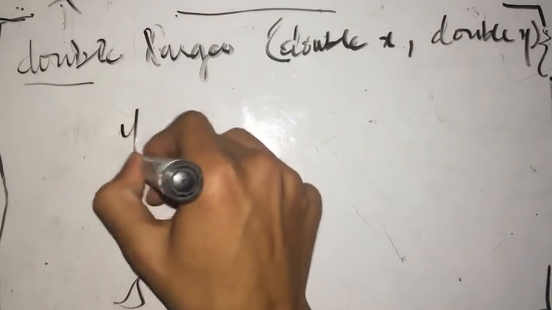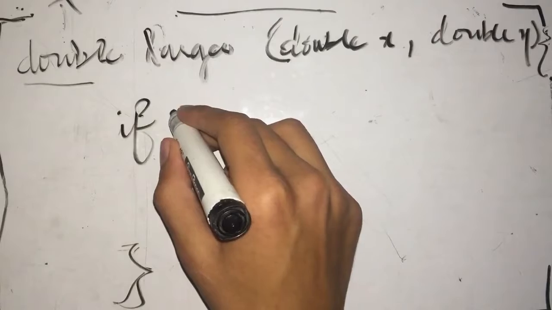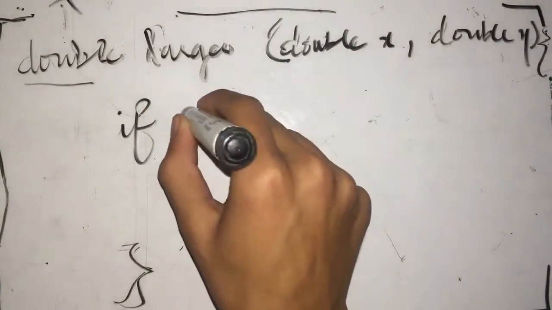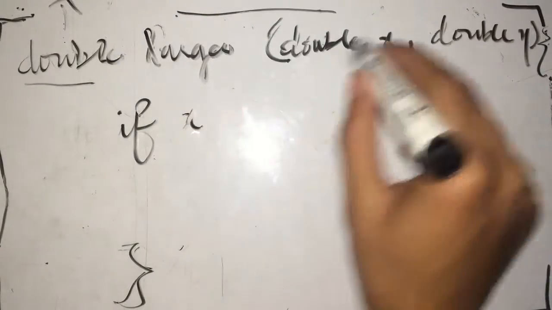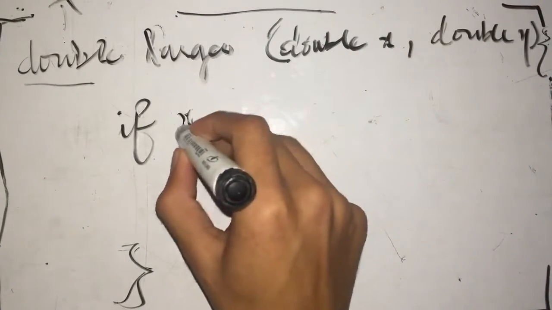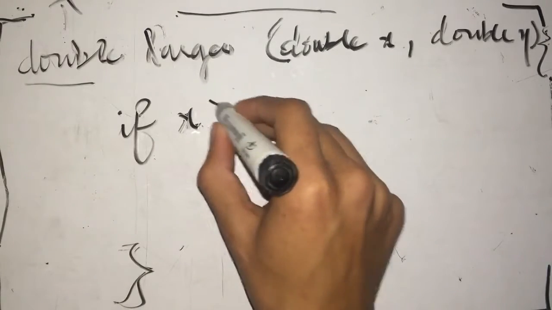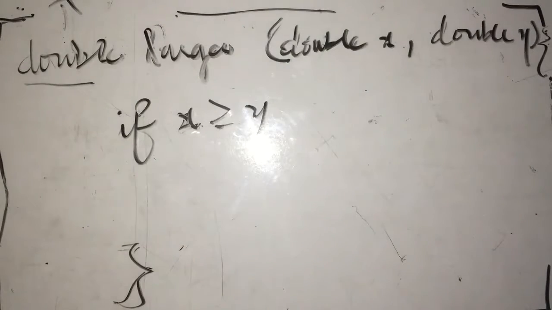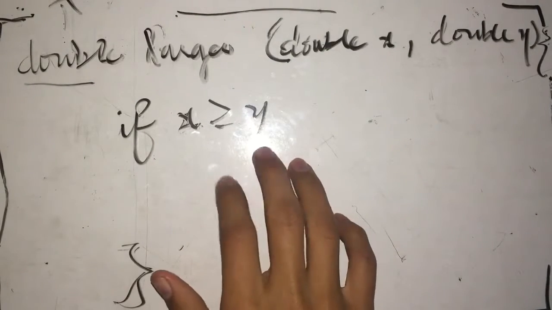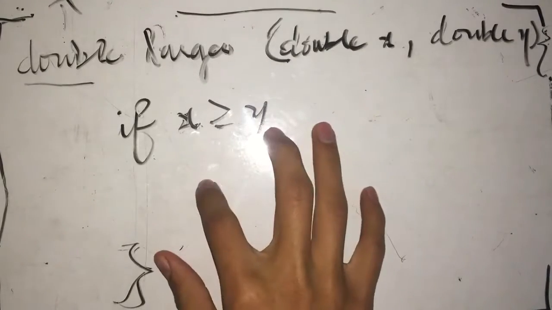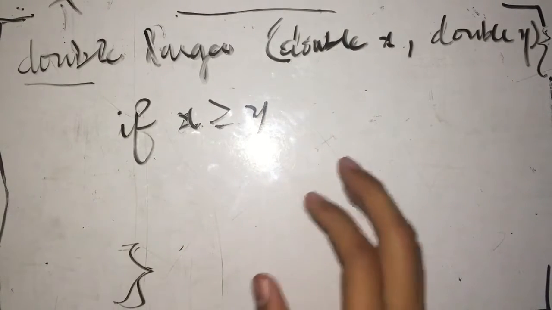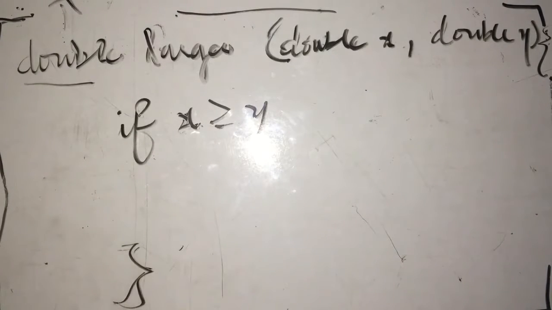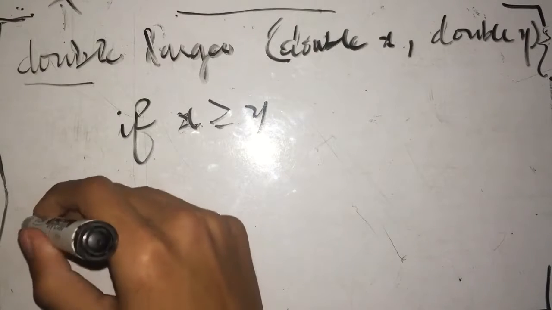The logic for the function which gives you the larger value is: if x, the first formal parameter, is greater than or equal to y. Remember, you might want to say that if x is greater than y, you return x; if x is smaller than y, you return y; and else, if x is equal to y, you return that the values are equal. But there's a specific logic behind it, and you cannot do that